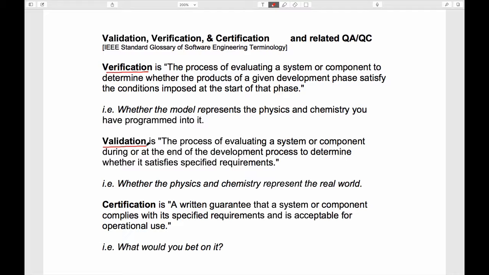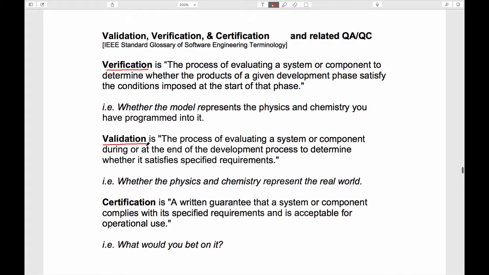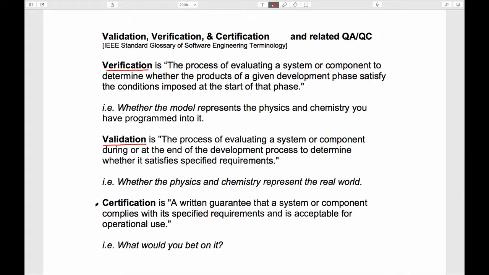And so, as I say, I tend to use verification and validation interchangeably, but they do have very specific meanings. Verification is whether it adequately addresses the physics that you put into it, and validation is whether it represents reality, basically. Certification isn't something that we worry too much about, but for instance, in the radioactive waste program, the only way that you can figure out whether a nuclear waste repository will be doing what you think it might be doing, that you might like it to do in 1,000,000 years, which is the design